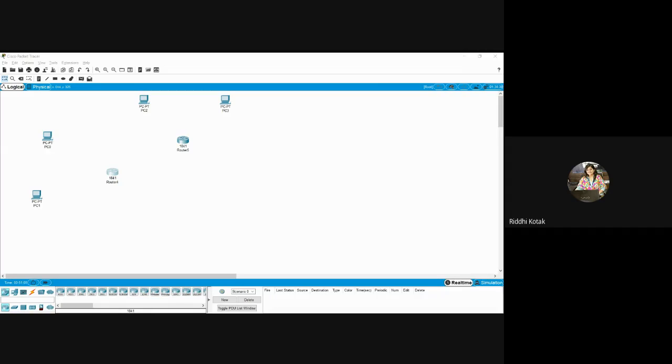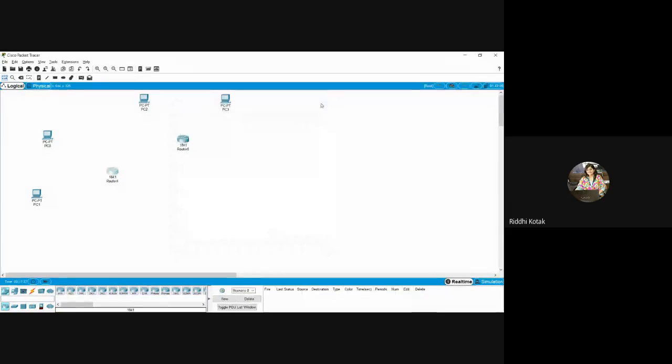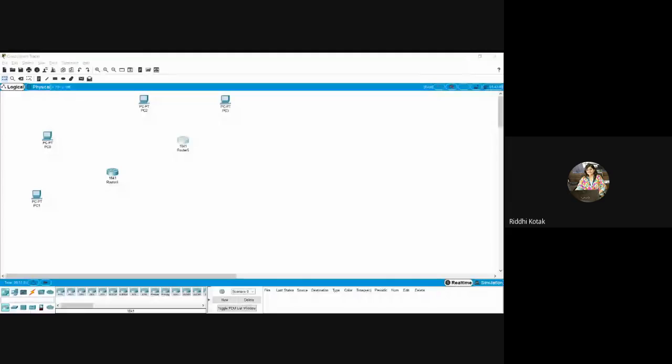I'm repeating the step. Click on the switch, go to WIC2T, that is one serial interface. Over here it will come and you have to drag it. Then again click on the switch and close this window. Same process you can repeat over here: click on the switch, go to WIC2T, drag it over here, start the switch.